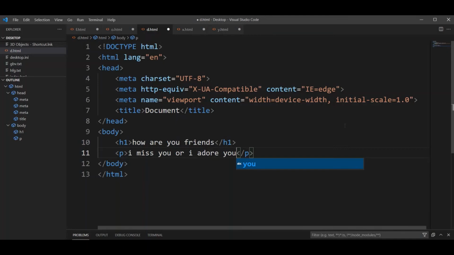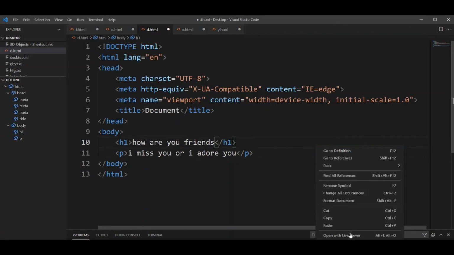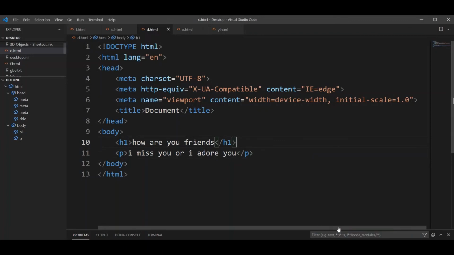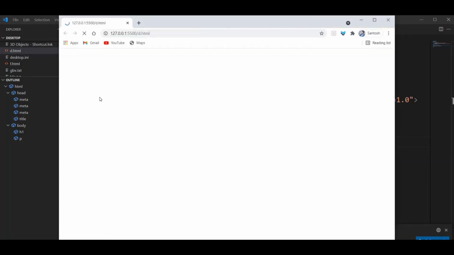Now we will open the overall code in the live server, as you can understand, friends. At present I am telling you, friends, suppose that you want to watch the overall code in live server. So click the right button of the mouse and click on the option Open with Live Server. So friends, you will be watching this is the heading, this is the paragraph, according to live server, friends. Already I have told you, this is the live server address, 127.0.0 and so on. It is like this, and so this is the concept of the heading and paragraph, friends.